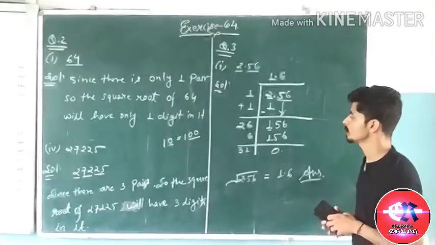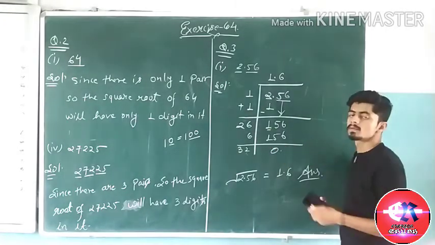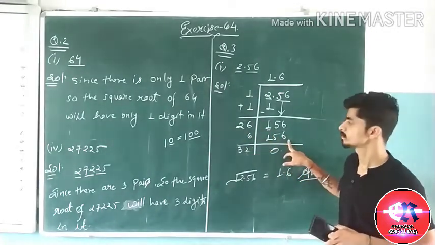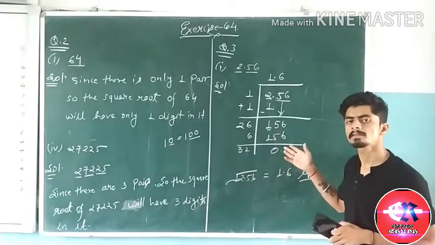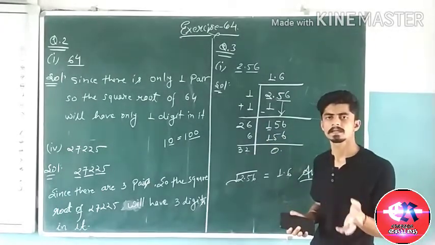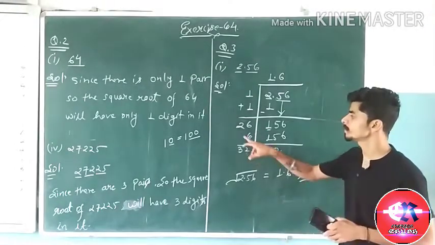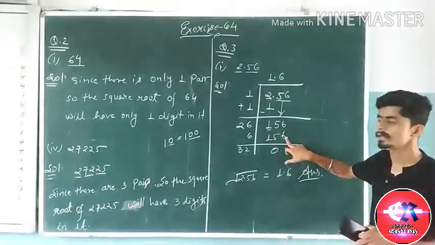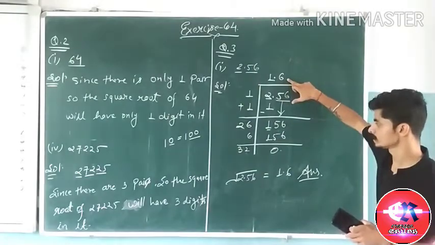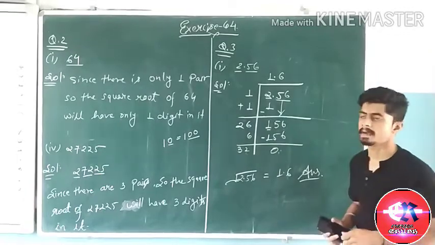Similarly, as in question number 1, we have to find a number after 2 which, multiplied by that particular number, gives 156. So we put 1, 2, 3, 4, 5. In this way 21 will multiply with 1, 22 into 2, 23 into 3, 24 into 4, 25 into 5 and 26 into 6. When we multiply 26 into 6, we get 156. So our required digit is 6. We get 156. It will be subtracted, and we get 0, which is the remainder 0.